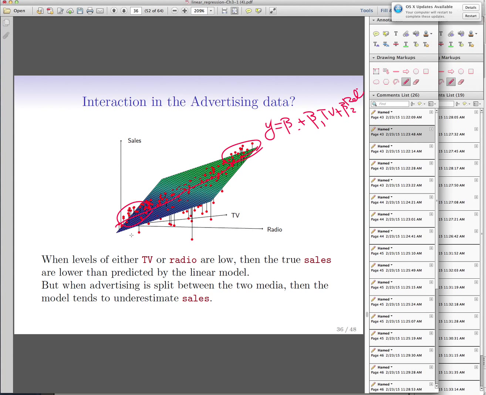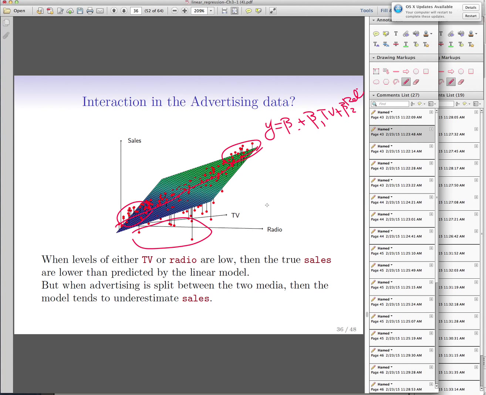But here in these sparse areas, we see that our prediction, which was this surface, is way above reality. So that may suggest that in this region we have synergy. That means when we spend money on TV and radio simultaneously, we get better results than what we expect. When we were doing it sparsely, we get worse results. That suggests